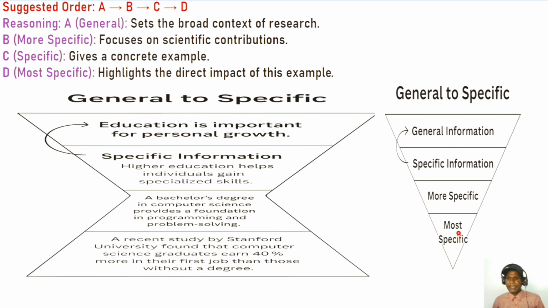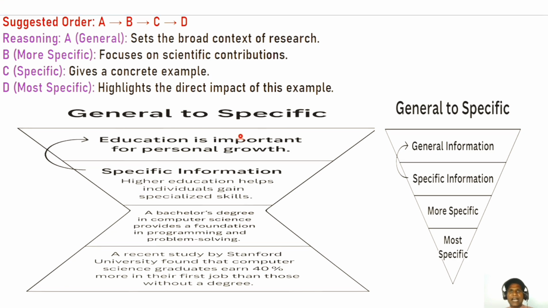Most specific: a recent study by Stanford University found that computer science graduates earn 40% more in their first job than those without a degree. So you need to keep the rule of general to specific while you are matching the pair in the reorder paragraph